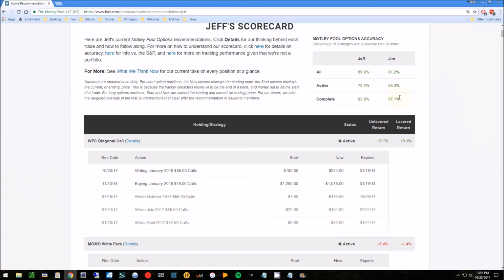There's going to be a couple losers and there's going to be some winners, but as you can see here, 93% of recommendations had a positive rate of return, and 87% of the others. So you can decide who you want to follow here, or you can mix and match these together, but that's a very high percentage. So options